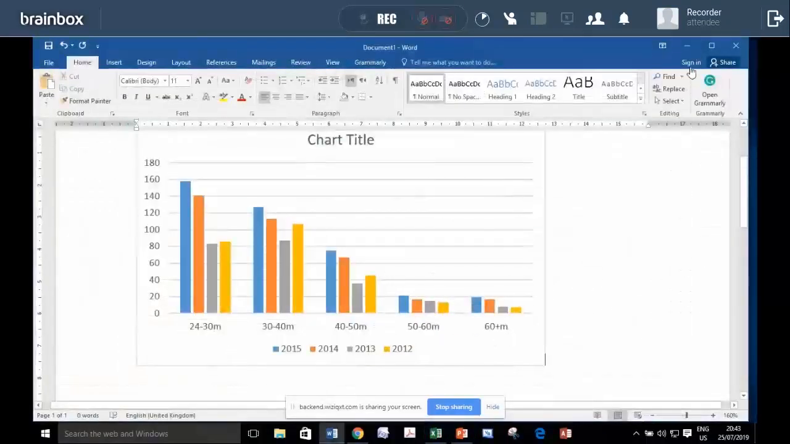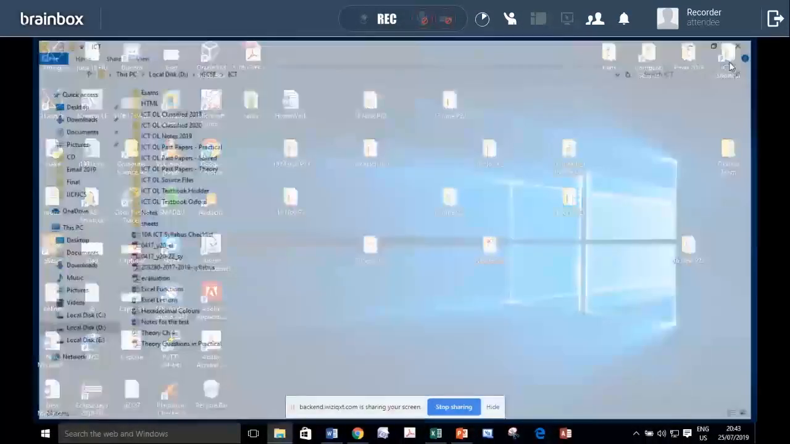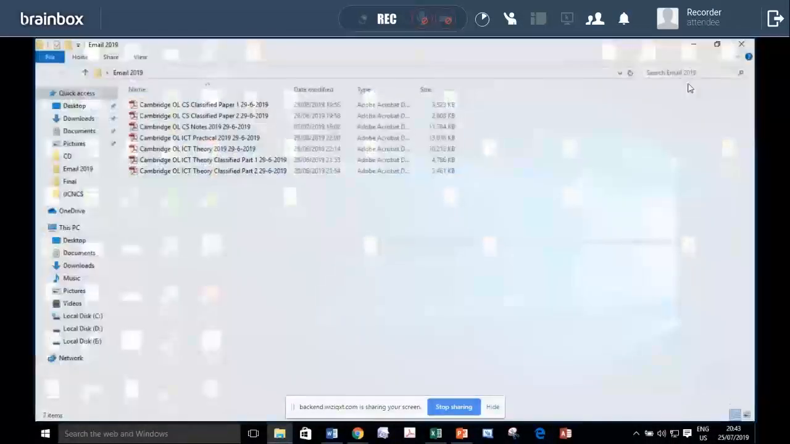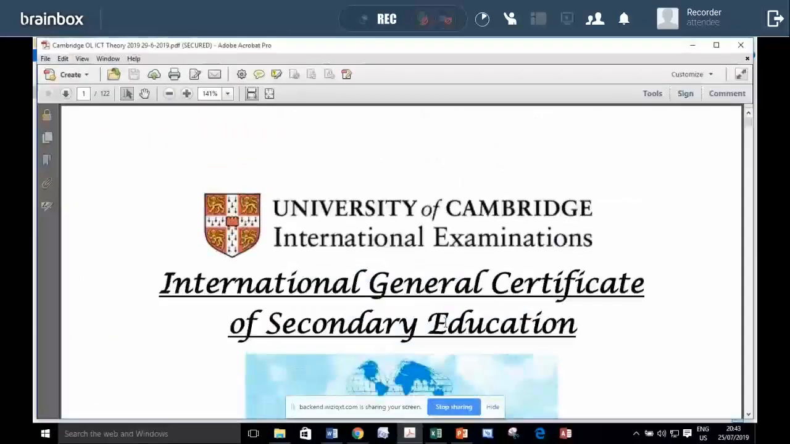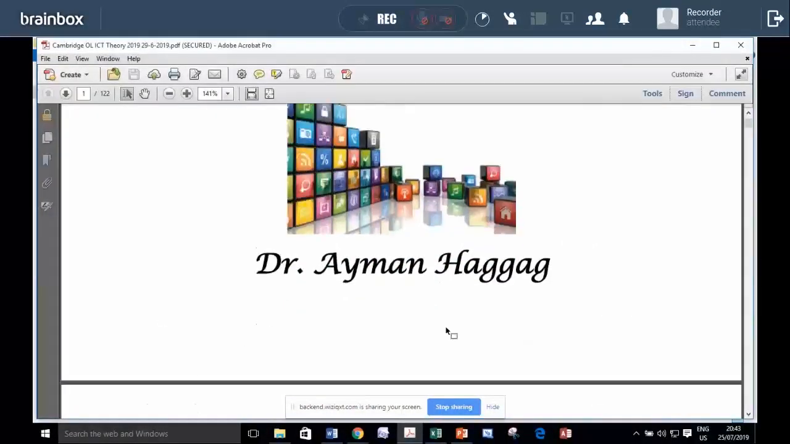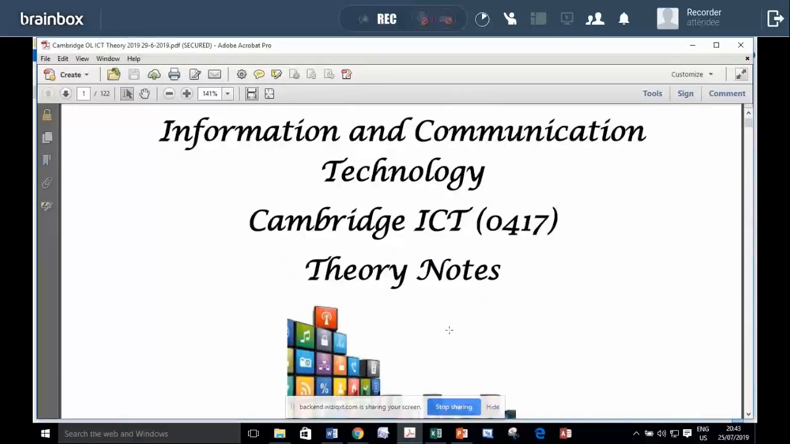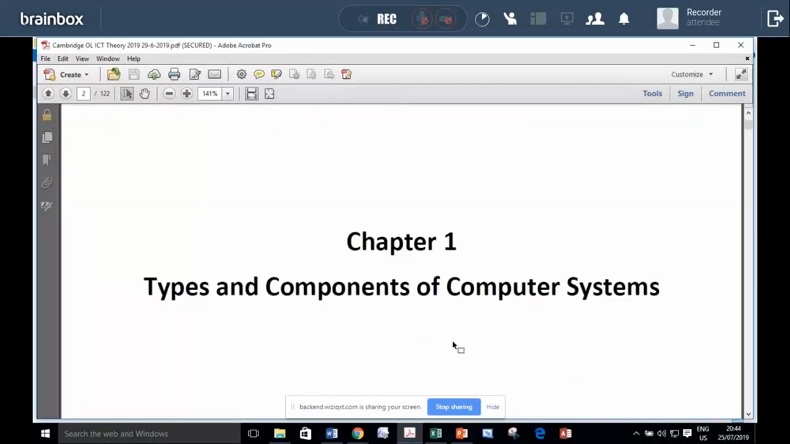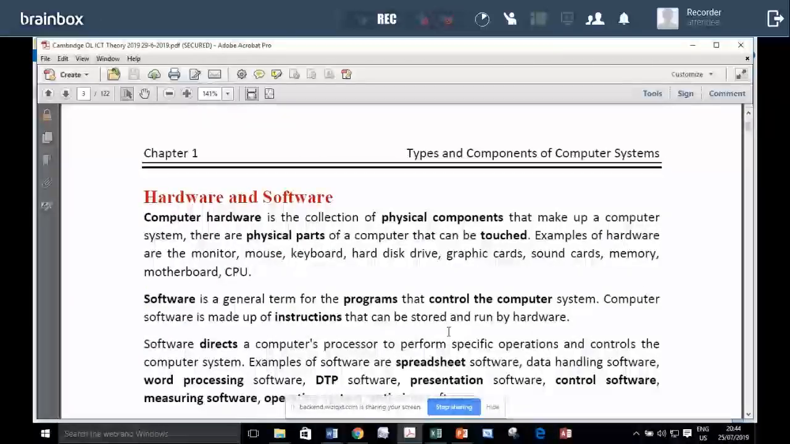But the important thing to notice from the very first day is that ICT is not only practical. ICT is practical and theory. So we also need to study theory. I have my own theory notes and I have my own practical notes with all my teaching experience that has been like for 20 years teaching. With all my teaching experience, bind it together in these notes. So talking about theory,